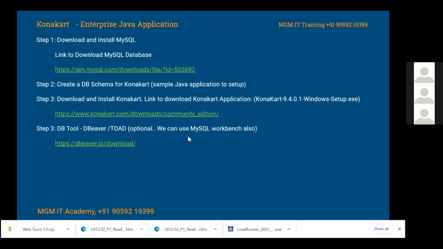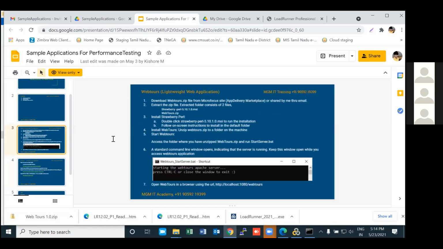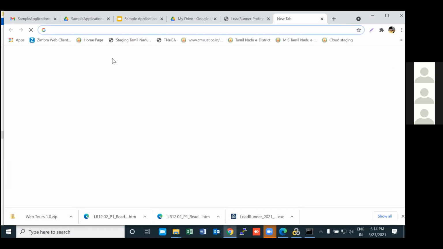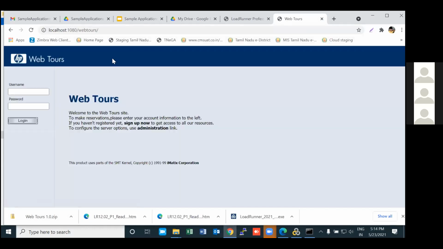Wait, stop presenting. Yes, yeah. Go to the third slide and copy that URL. Now copy from HTTP. Yes. Perfect. Right, now you can access the application.